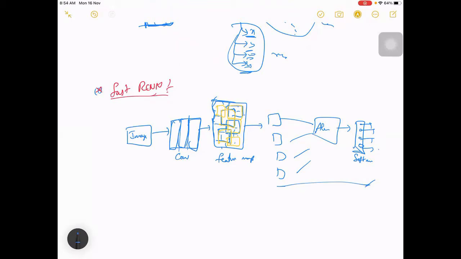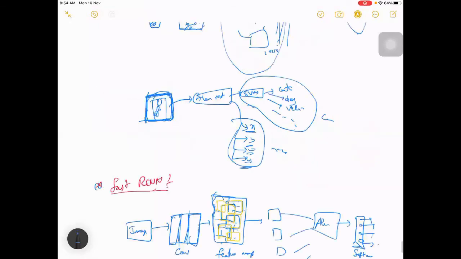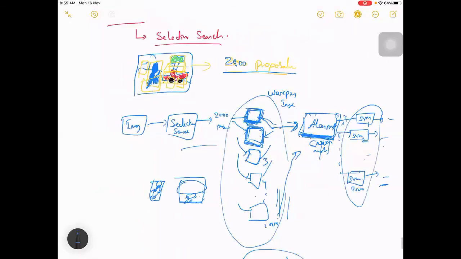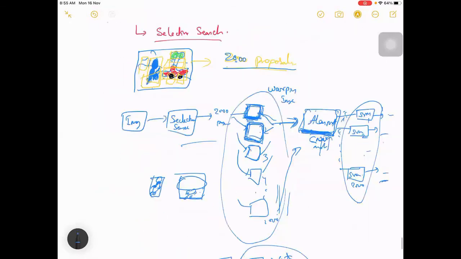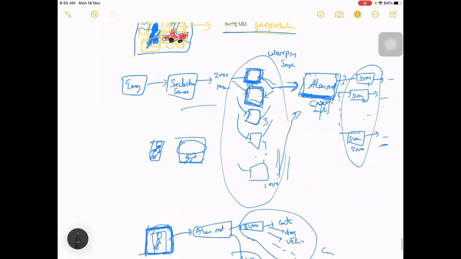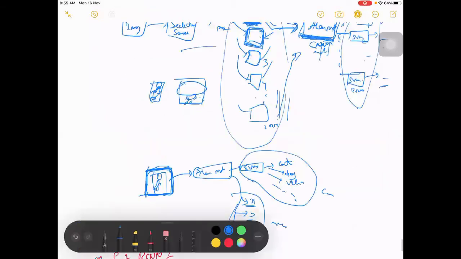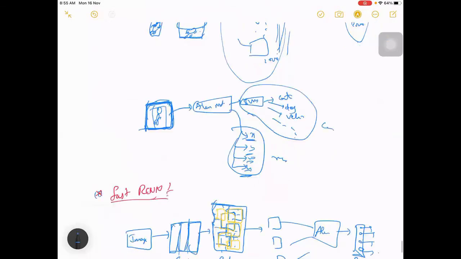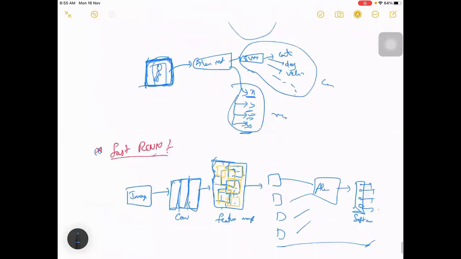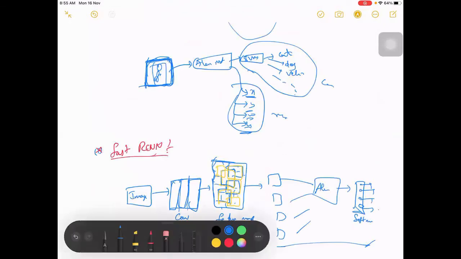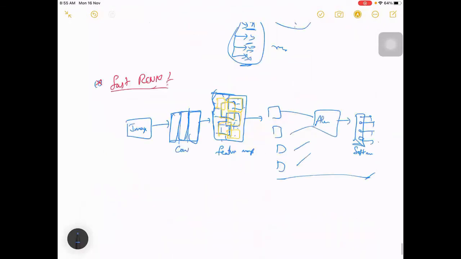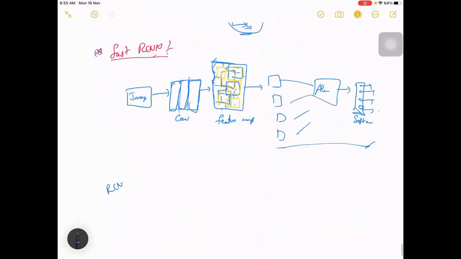So let me quote some figures. RCNN actually has taken 49 seconds for processing an image, for a fixed computation. When it was experimented about how fast this is, this RCNN has taken 49 seconds.